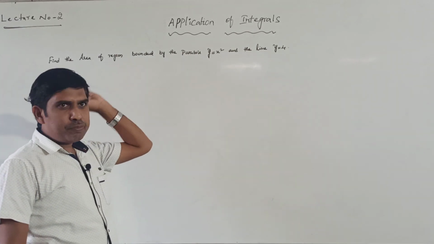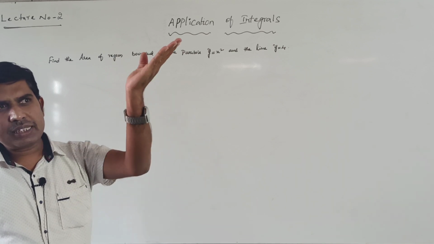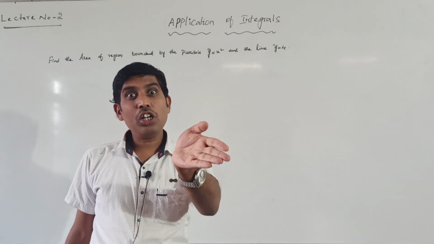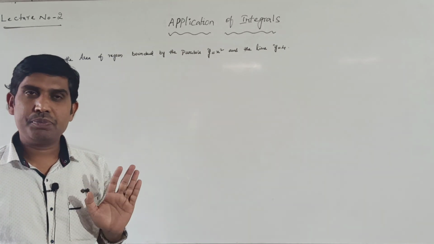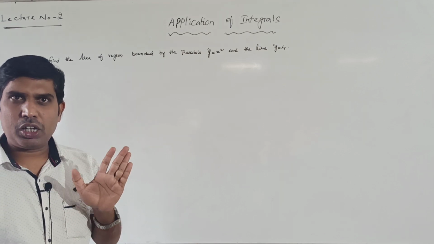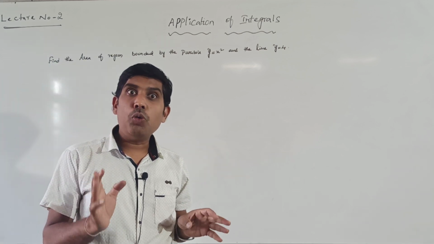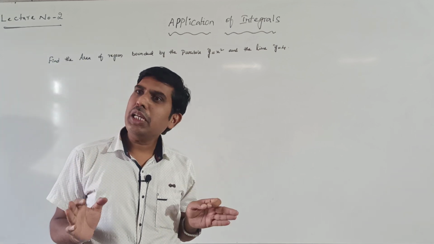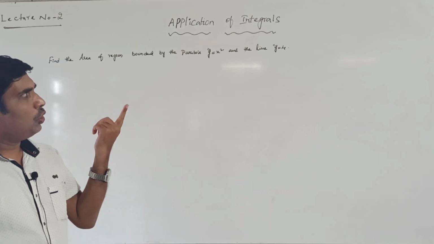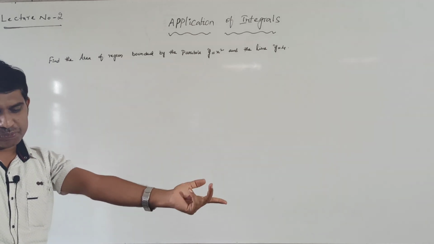So here, when a parabola equation is given, it is compulsory that only some part of the parabola we can find, not the entire parabola. That part also should be bounded. Then only we can find it out. So here they gave one curve equation and one line equation.